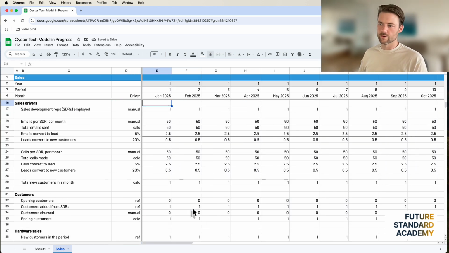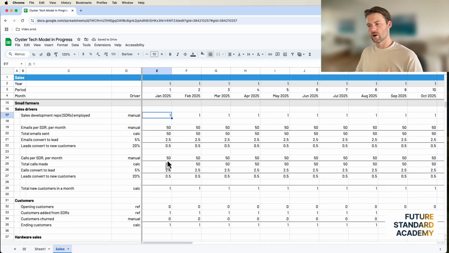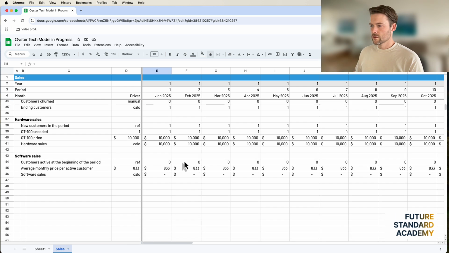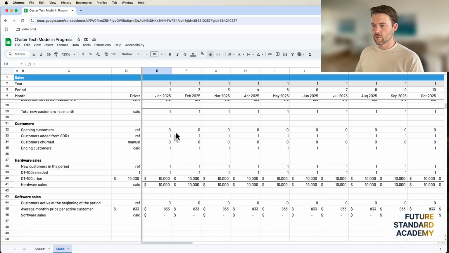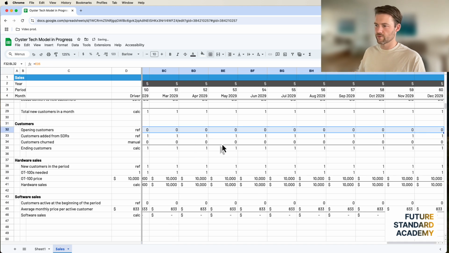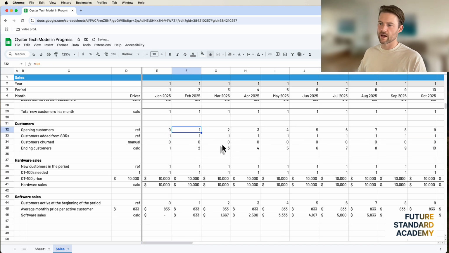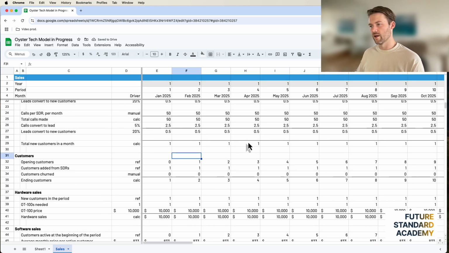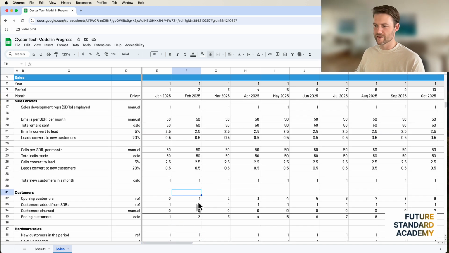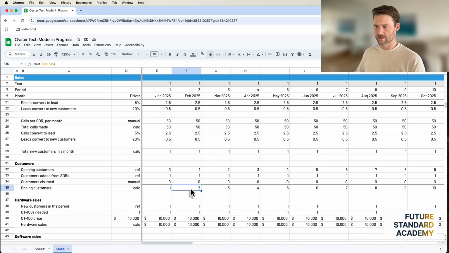And that's usually what I do: I just calculate the first column and then roll it all. And then I go in and change the assumptions individually as time goes on. So this needs one thing here. These opening customers need to be equal to the ending customers in the previous month. Okay, so now what's happening is if every month that one sales development rep is adding one more customer, this is going to count up 3 customers, 4, 5, 6.